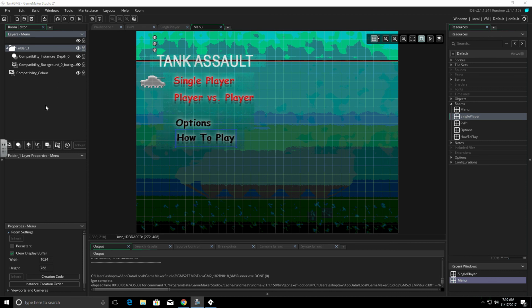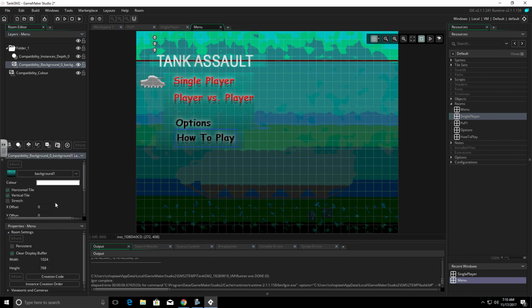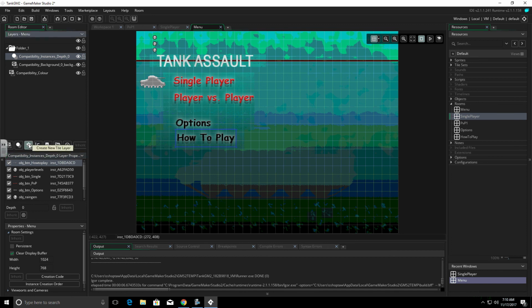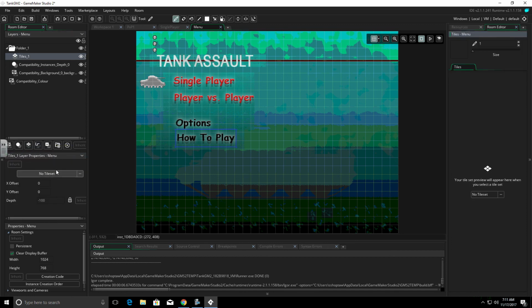And one thing you want to keep in mind, before when we jumped down to this menu, we were in a background menu. So for instance, this is what we saw. This properties window is going to change based on which of these types of layers you have chosen. So for instance, if we go to our instance layer, you can see now we can see instances of everything that's in our room. This properties window changed based on what I had selected here. So if I had a tile layer, we would get properties that are specifically for tiles. So where is our tile set? How is our X and Y offset for tiles?